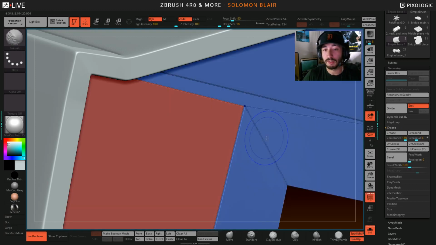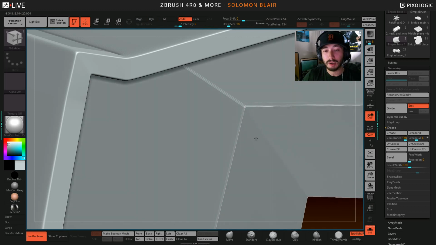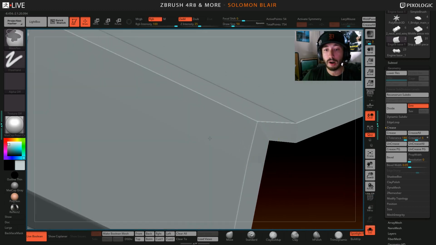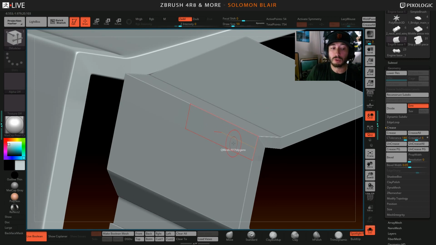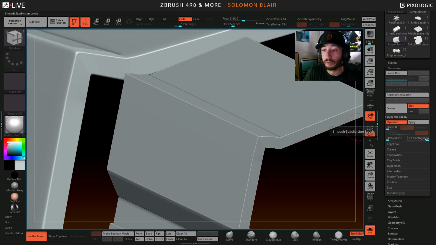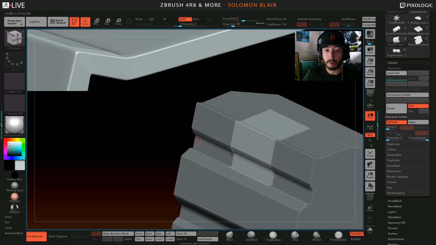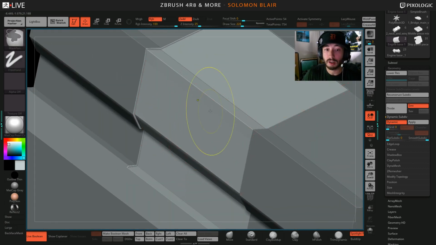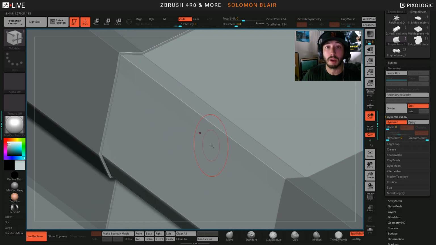If distance was a factor for that, maybe not. But you'll see that now we're getting a different result. So this is really what's great about these two features with live Boolean: I can go through and variably control it. Obviously, as you're getting into higher levels, like smooth subdivision slider 7, if I were to go in and actually make this mesh, this is going to divide this mesh at the time of generating